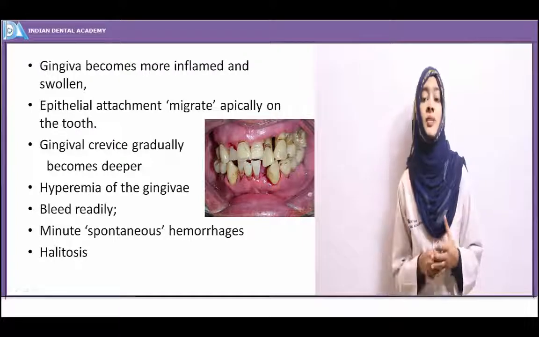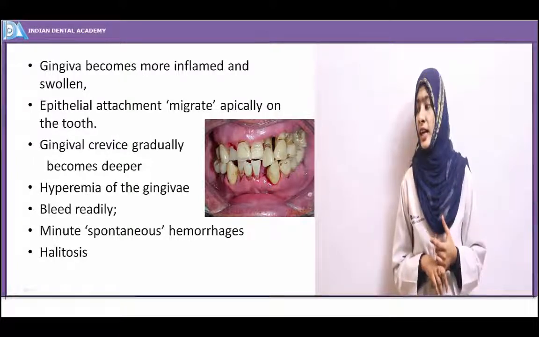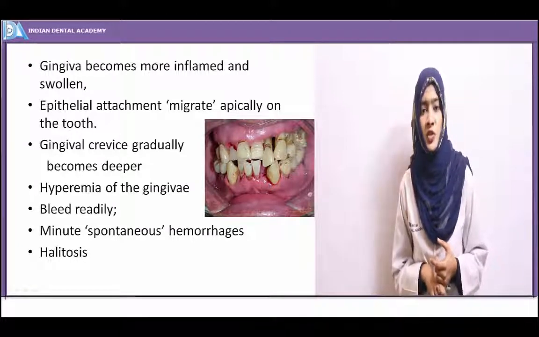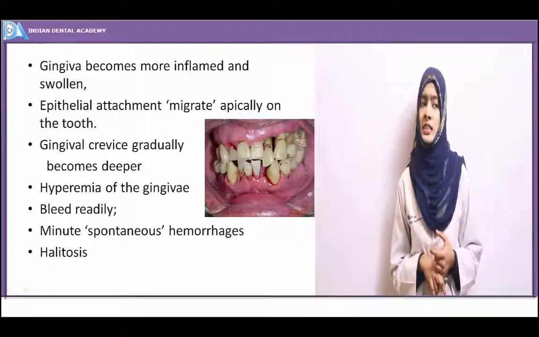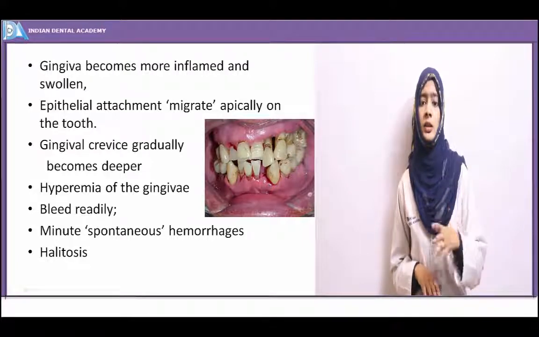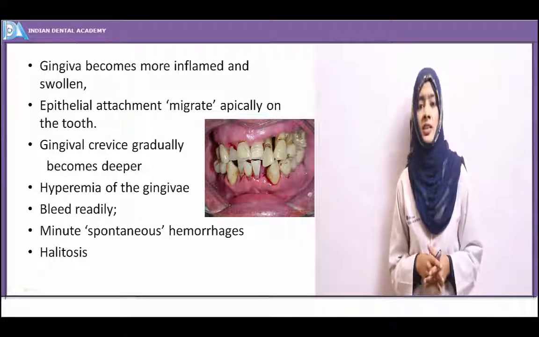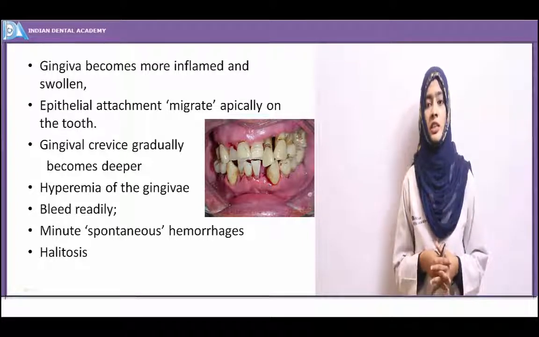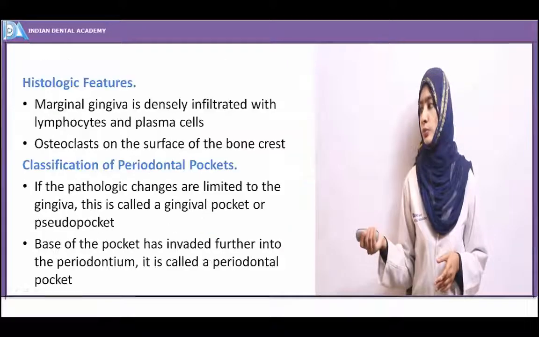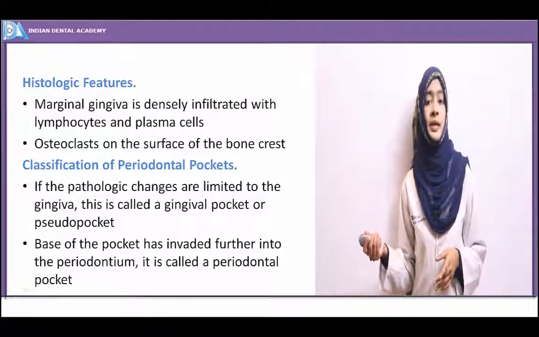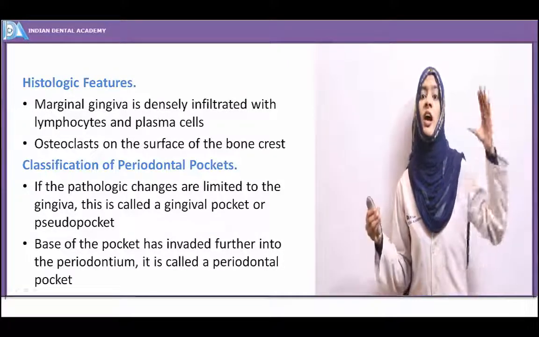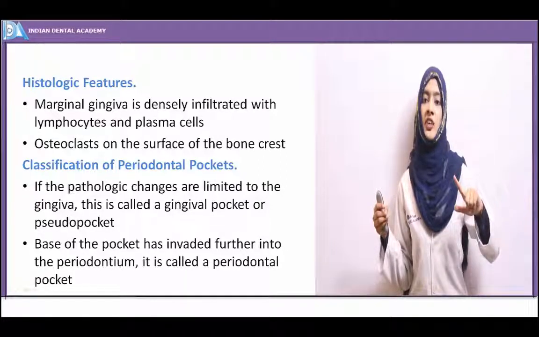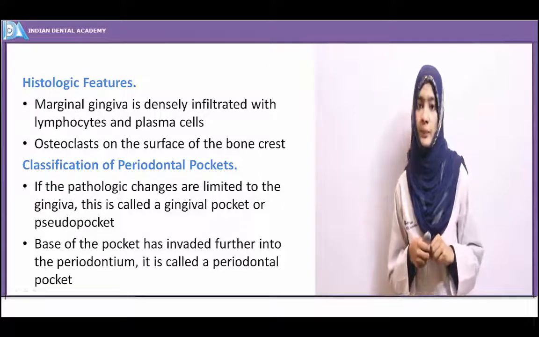These gingiva bleed readily because of the underlying inflammation, and minute spontaneous hemorrhages may be present. Because of extensive food accumulation in the pockets, in the interdental spaces, and in the receded areas, there is a lot of food and calculus accumulation, which also leads to halitosis. Ultimately, pocket formation occurs because of both the apical migration of epithelial attachment and loss of attachment from the root surface of the teeth.